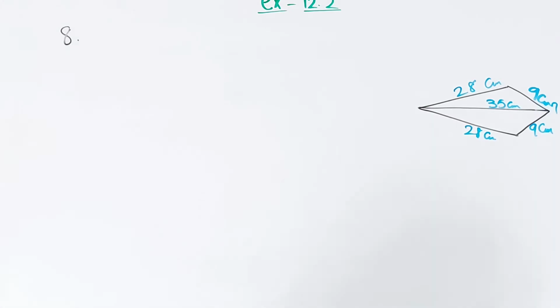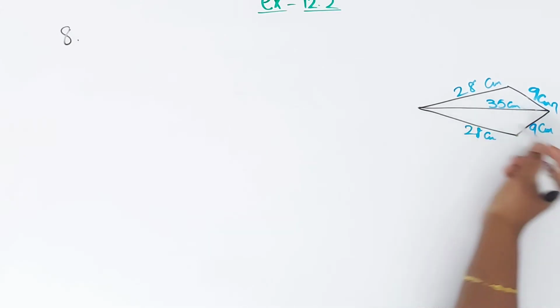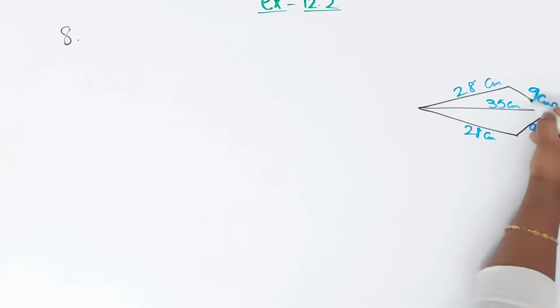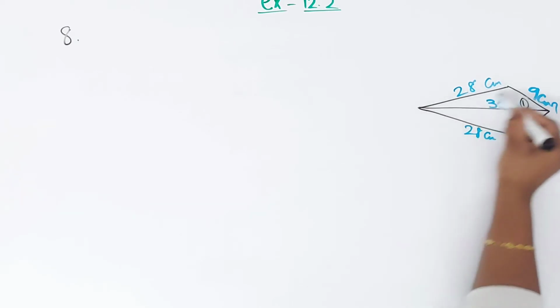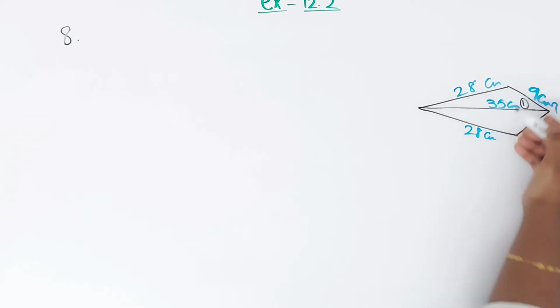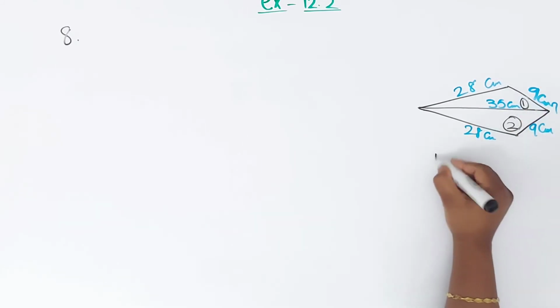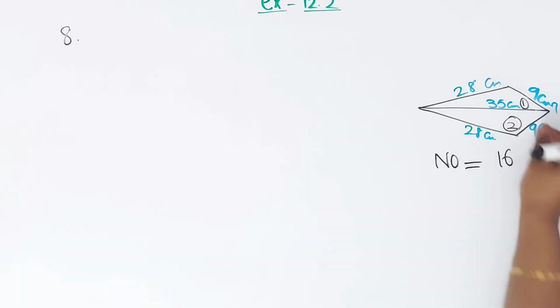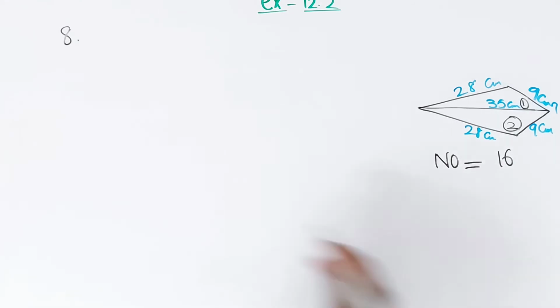Right, children? So this is the design. Here I didn't draw fully, children. Just a little triangle shape only I have drawn. See, this is the first triangle. Right? This is one triangle and this is second triangle. Like this we have total 16 triangles, children. If you find out one triangle area, we can multiply with 16 and we can find out the full area, children. So let us start.